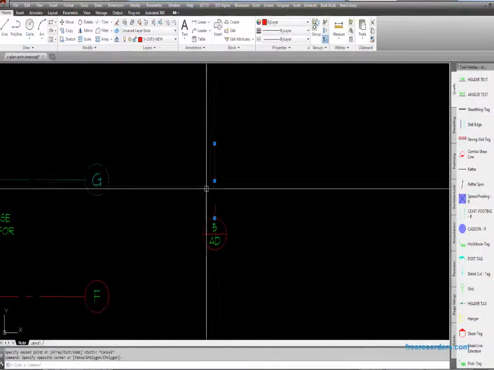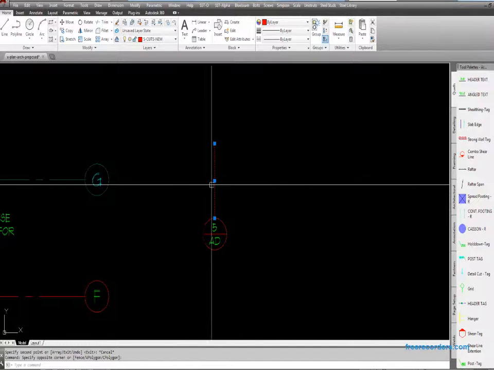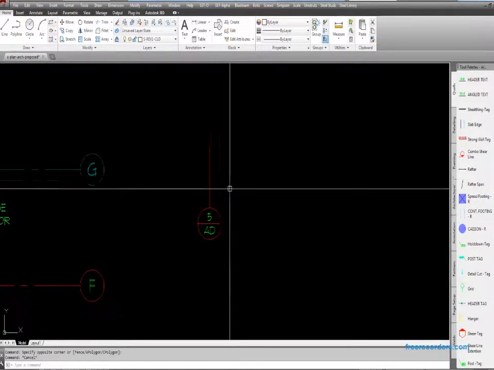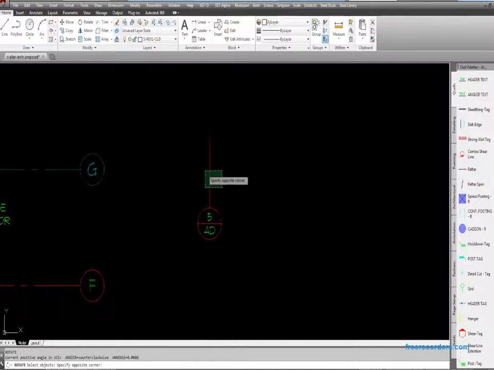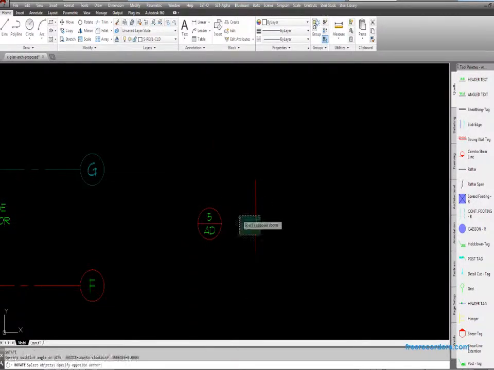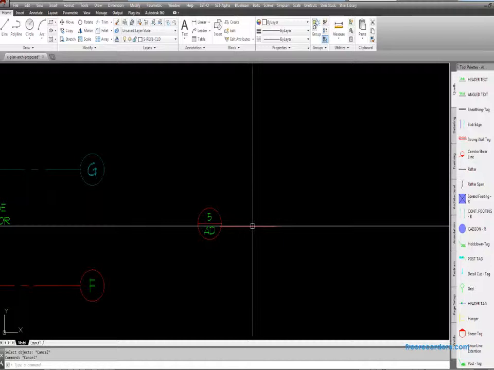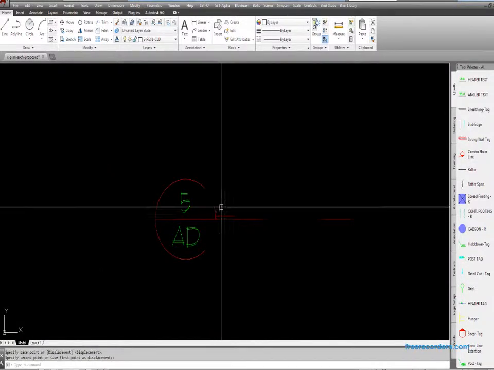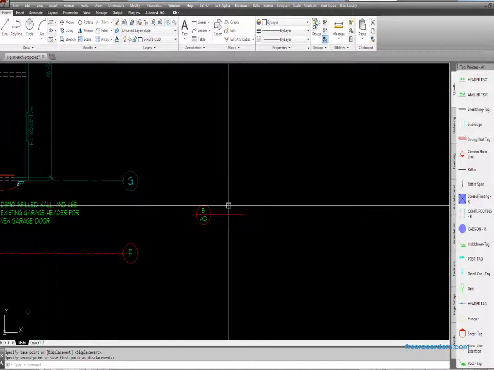And typically, these are my typical detail cuts. They are not dynamic, of course. And if I wanted to change the direction of the cut, I would have to literally copy it, rotate it, and then I would have to move it to where I want it to be to get a different cut. As you can see, it took me a couple of clicks,